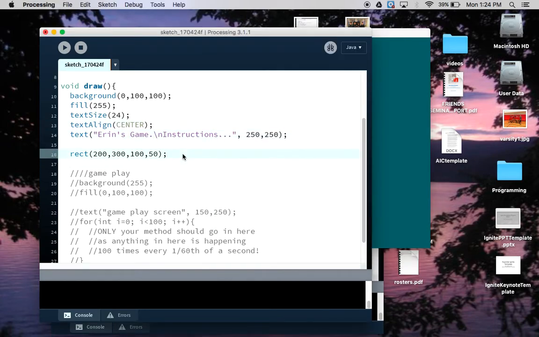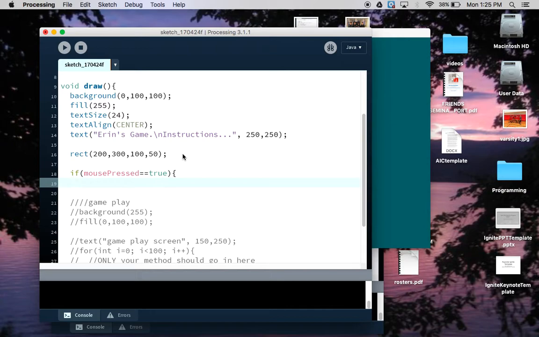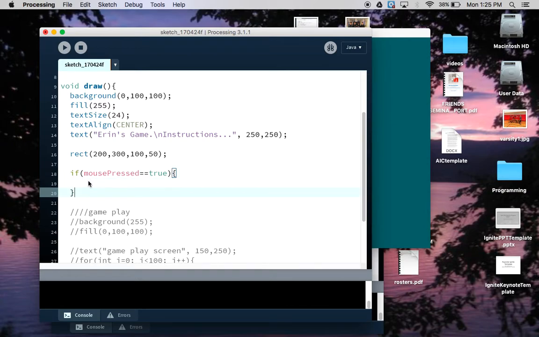So now I'm going to make those use mouse X and mouse Y and some nested conditional statements to check to see if the button is being clicked on. So my first one is just say if the mouse is pressed, then some action will occur. And inside of these nested conditional statements is where I'm going to change my Boolean from false to true. So then I want to do if mouse X is greater than the left edge of the button, 200, and mouse X is less than the left edge of the button plus the width, the right edge, so that's 300,